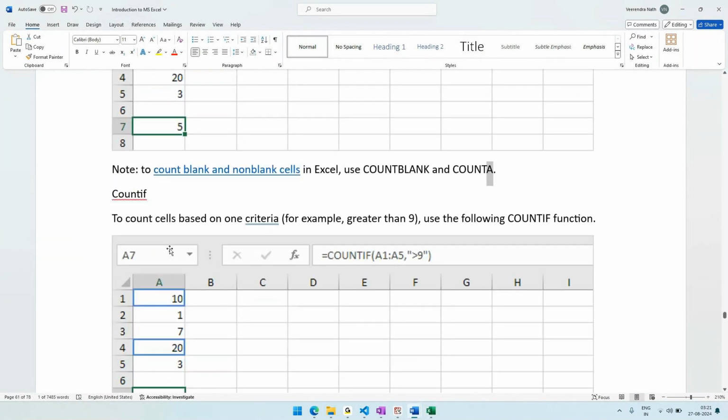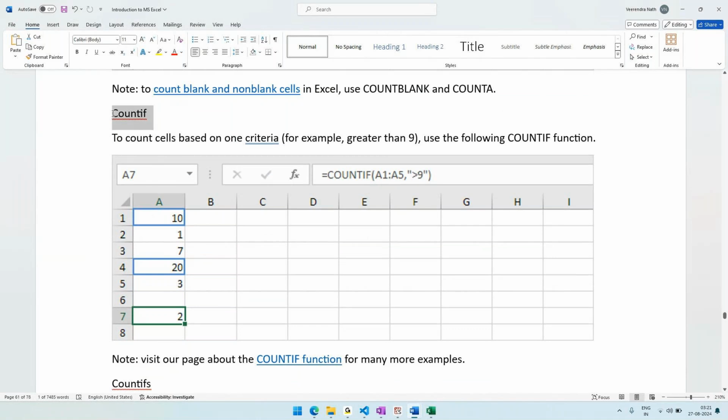Okay, next, the countif function. What does the countif function tell you? Countif function will give you an option. Now from all these values, I want to count only the values which are greater than 9. So the count of values which are,